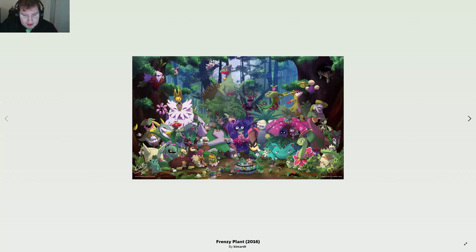Victreebel there, Weepinbell here, Bellsprout there, Cherubi, Ferroseed, Ferrothorn, Seedot, Grotle, Torterra, Tangela, Tangrowth, Pansage, and Simisage are these two, Wormadam, Leafeon, Servine, Leavanny, Roserade, Lilligant, Abomasnow, Snover, Sunkern, Sunflora, Ivysaur, Bulbasaur, Venusaur, Nuzleaf, Shiftry,